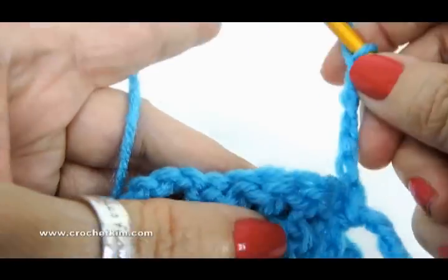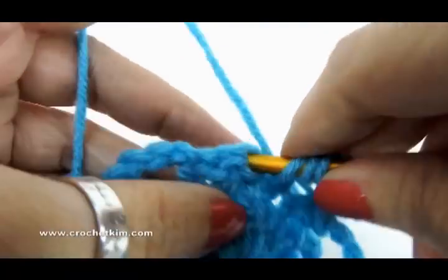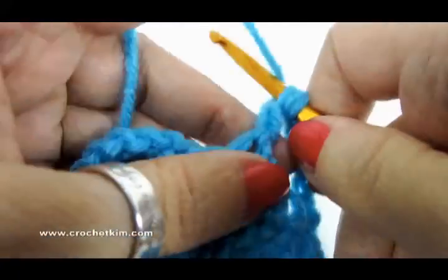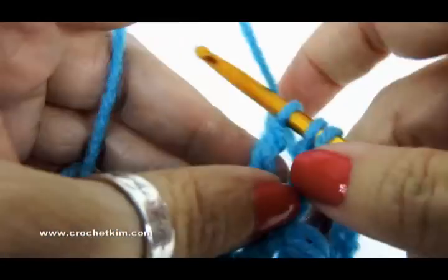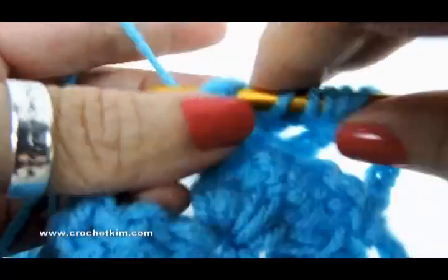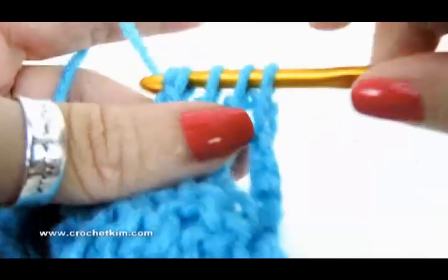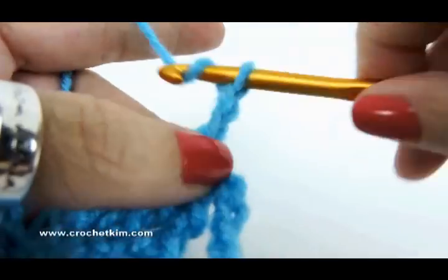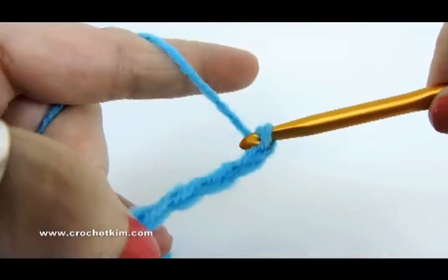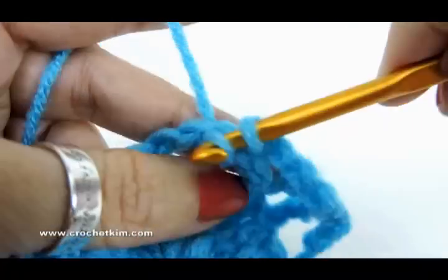and you do a cluster going into the top 3 of these trebles. So this one, you've got a cluster, leg 1 and leg 2 and 3, and pull through all 4, chain 5, 1, 2, 3, 4, 5, single crochet into the chain 5 space,